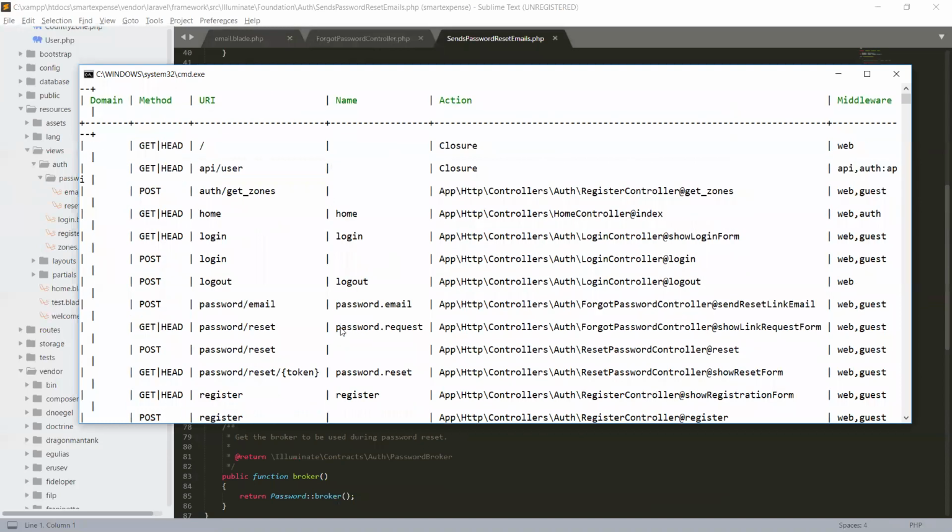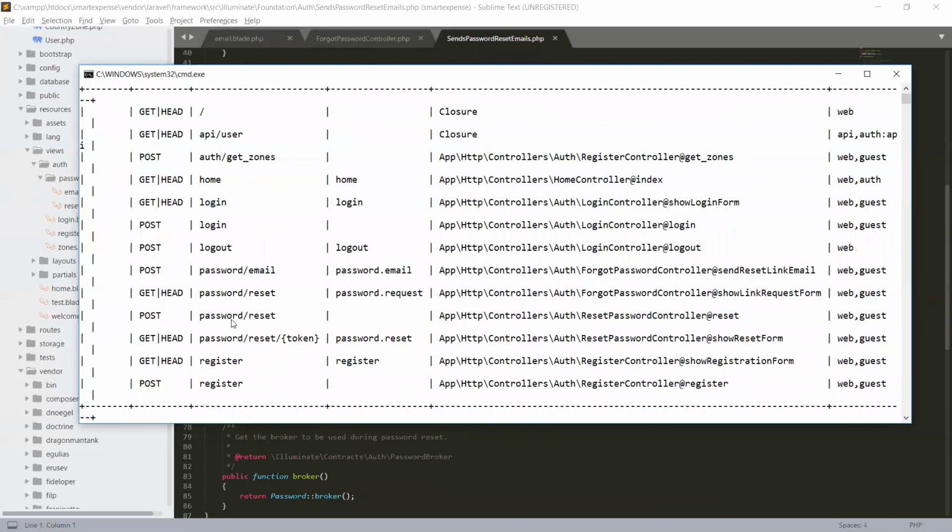Okay, let's come to our route. So when we submit our email, it will go to this route, password reset token and reset password controller, show reset form.